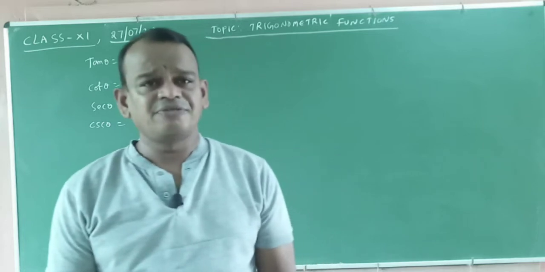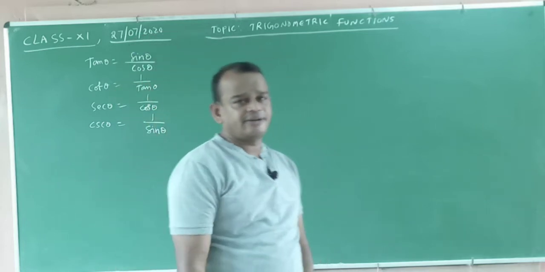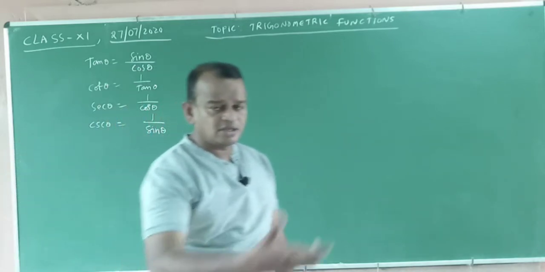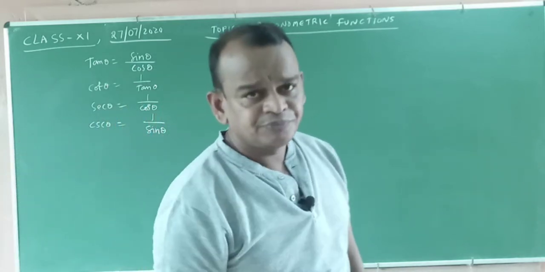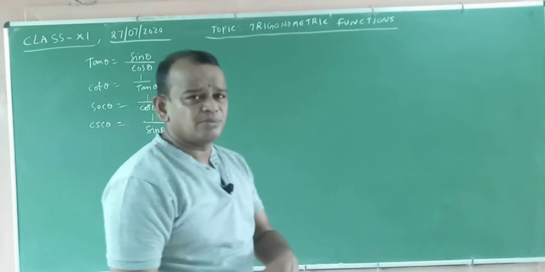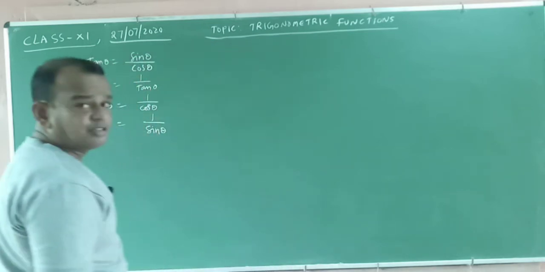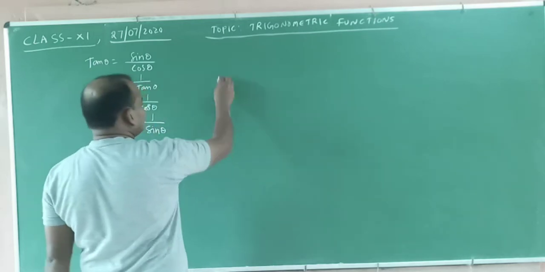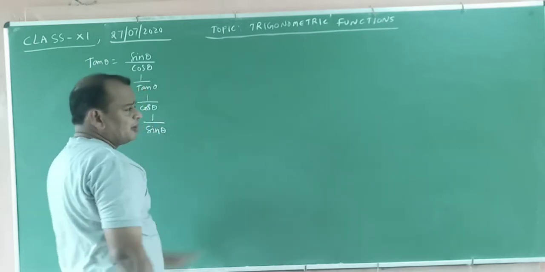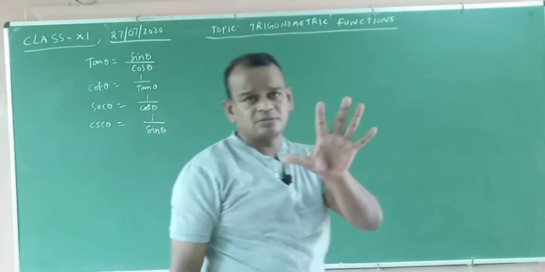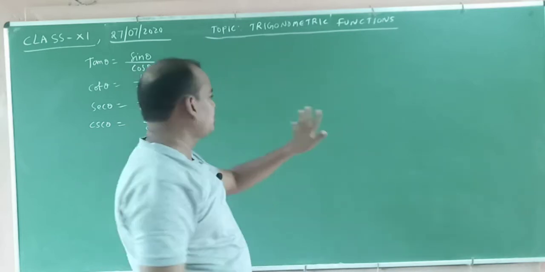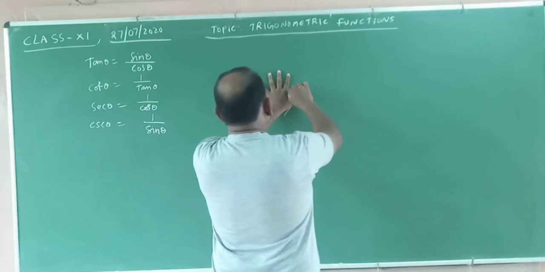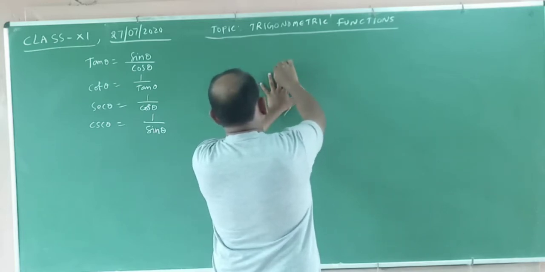Okay, listen carefully. How to find the tabular form? You already learned it in class 10th. Now we discuss it in many ways: trigonometric values from 0 to 90 degrees. Suppose we take the finger method to find the values. How to find it? We will take it in this way, the finger method.